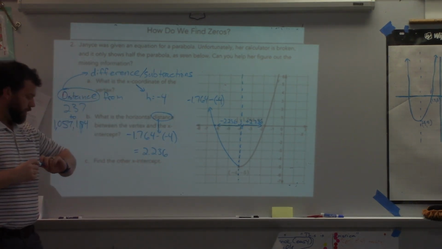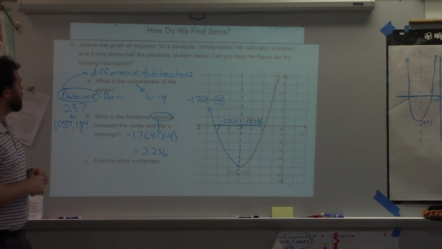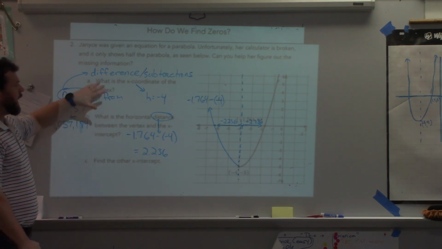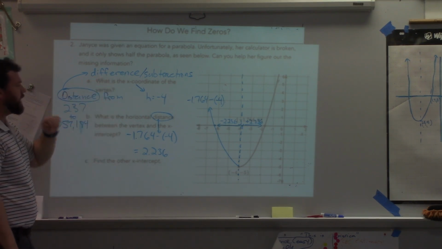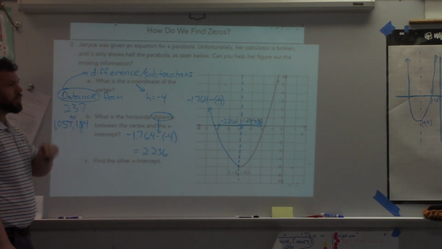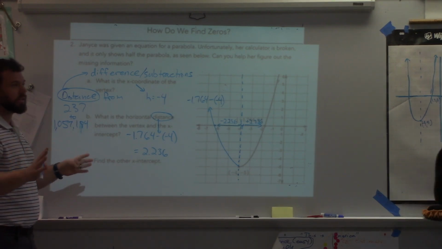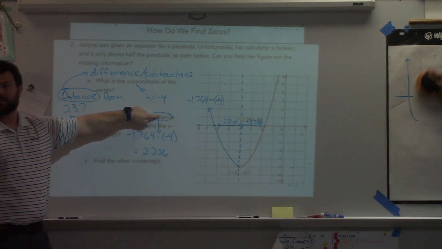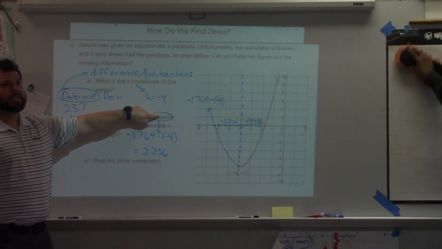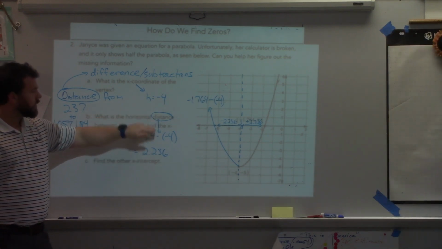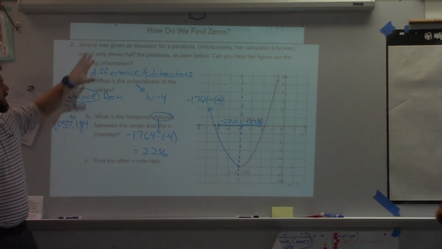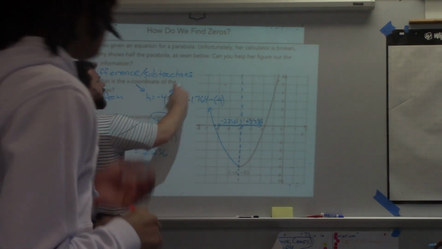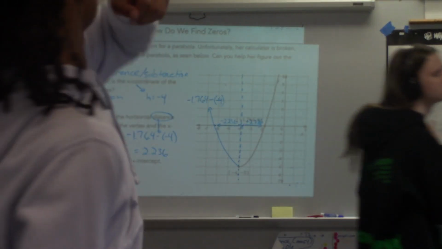So, I need us to grab a seat and make sure we have this information down so that we are able to get set up. Now pause, I need to reemphasize this. How are we going to find this distance here? We have to do a difference, okay? Distance is a difference, it is subtraction. And then to find the other point,